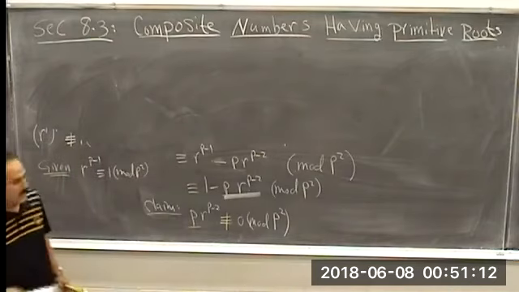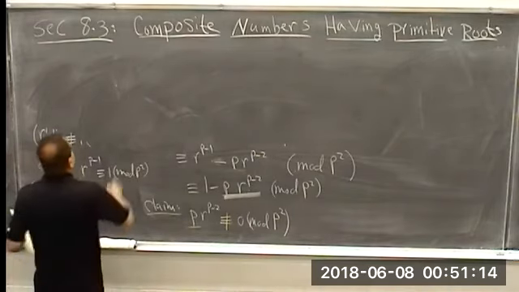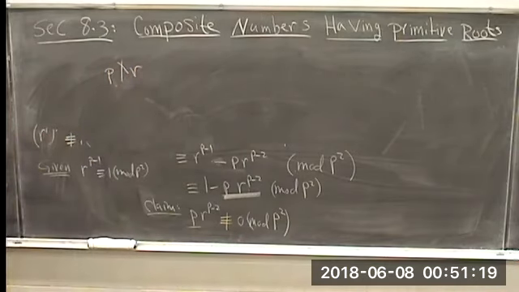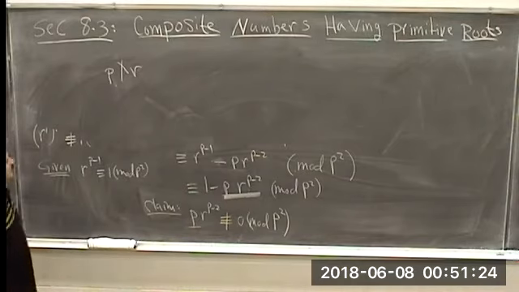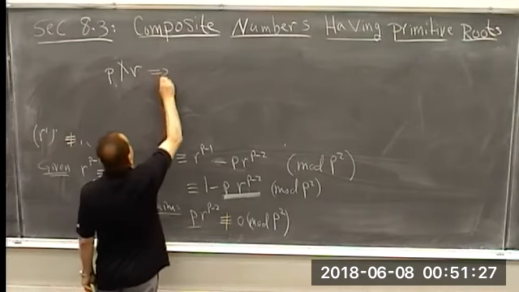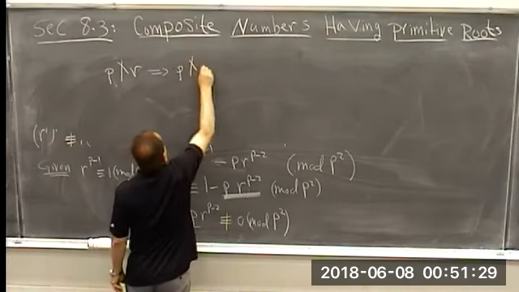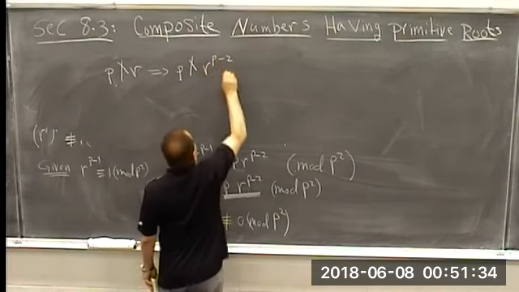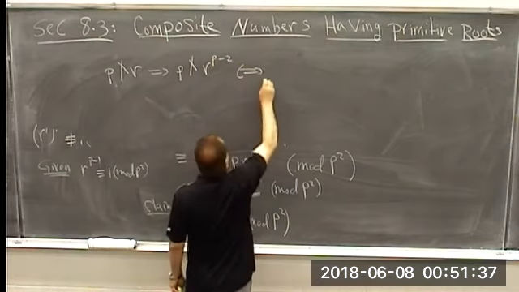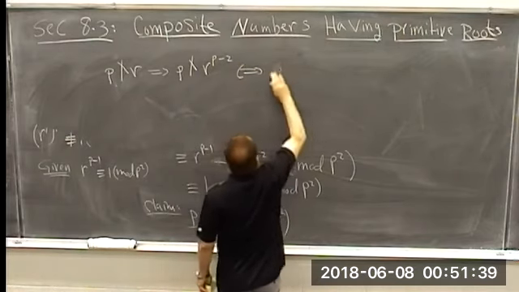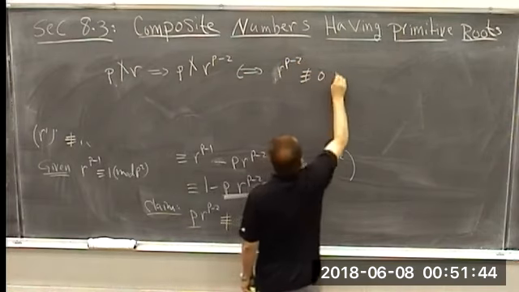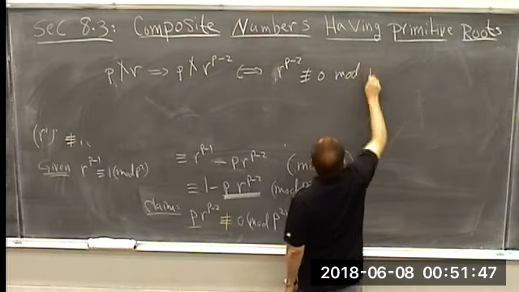we have, first of all, to prove this claim, we know that p does not divide r, because it's a primitive root for p, so it's relatively prime. It has to be relatively prime, and this implies that p does not divide any power of r, in particular p minus 2. And this is equivalent to saying that r to the p minus 2 is not congruent to 0 mod p,